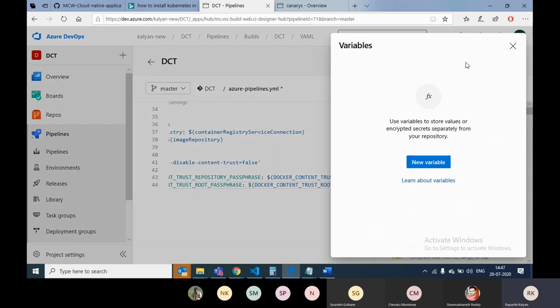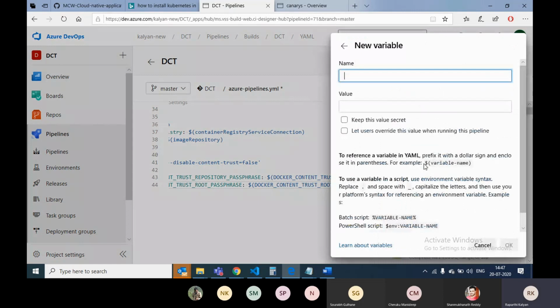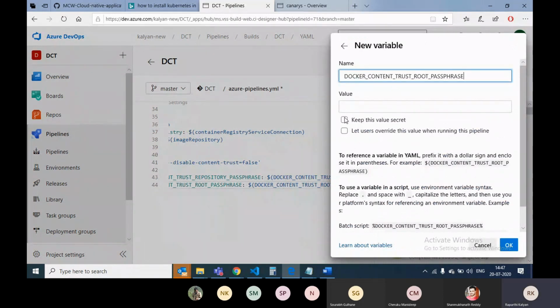For these passwords, I'll create a new variable, and I'll paste them here. I don't want any users to see my credentials, so I'll keep this as a secret.